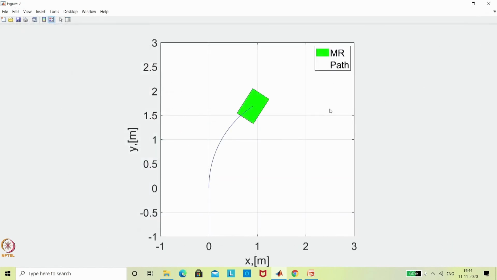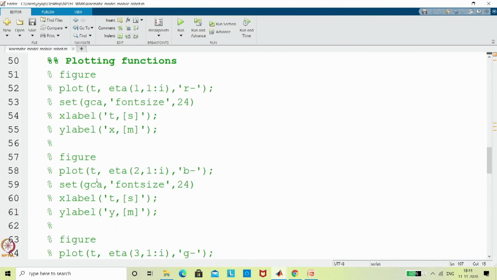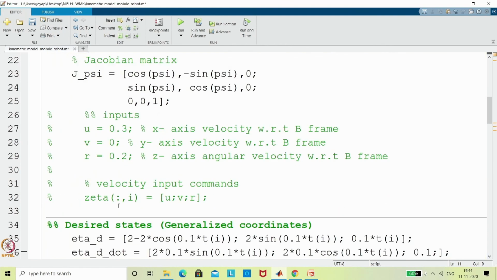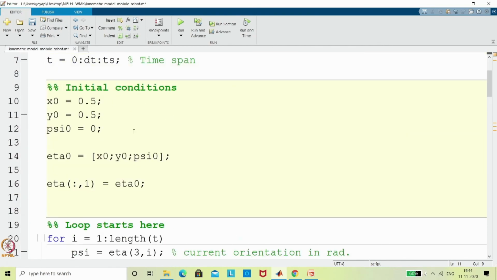Now, one situation I am adding just for your benefit. I am giving a situation where the initial condition is different from the desired value you have given. For example, earlier when you put t equal to 0, it starts from 0 and 0, right. X desired and y desired is 0, but now the initial condition I changed is 0.5 meter and 0.5 meter.